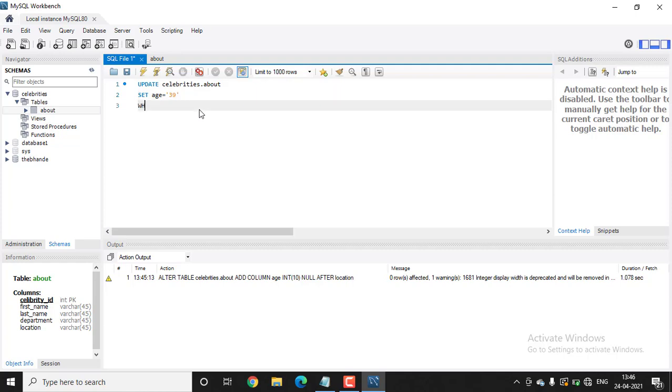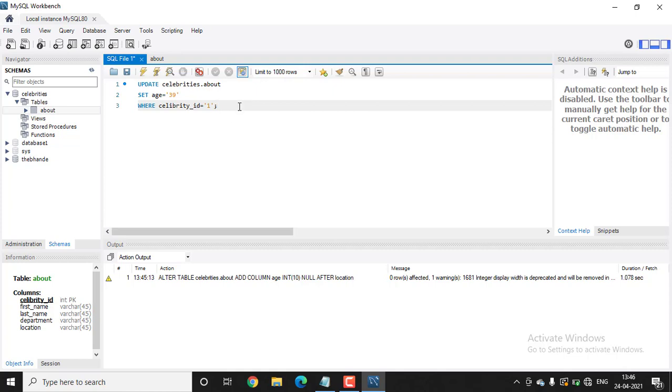Then type in where celebrity ID equal to 1, and don't forget to put the semicolon at the end of the code.